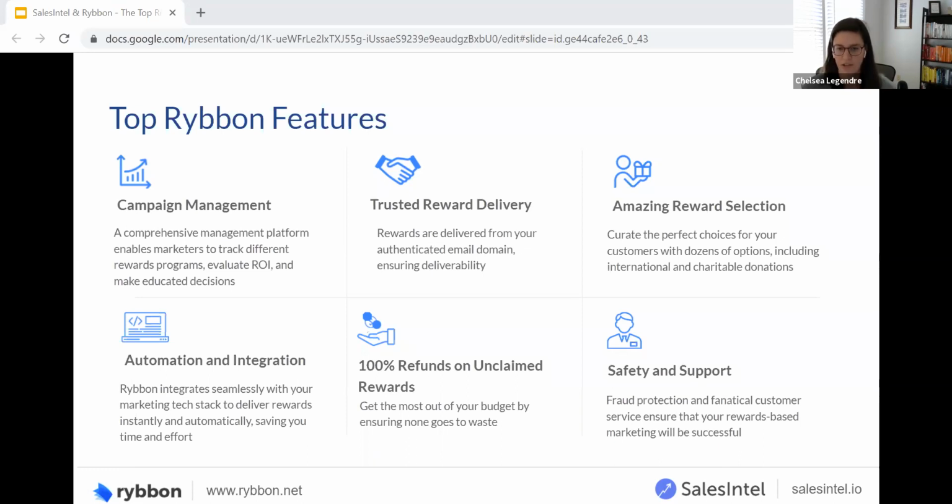Next, you'll have access to our trusted reward delivery. Deliverability is a key factor to every program's success. We maintain a 99.99% deliverability of reward emails, and we allow flexibility in sending these rewards from your own company's trusted domain. This way, the reward email is recognized by the customer, reinforces the brand goodwill, and we can make sure you match your campaign branding for your specific ABM program.